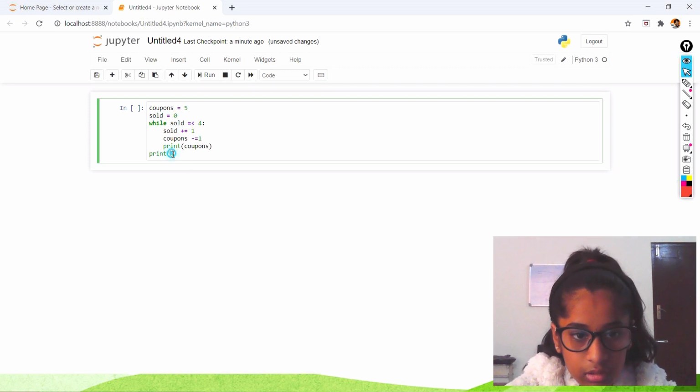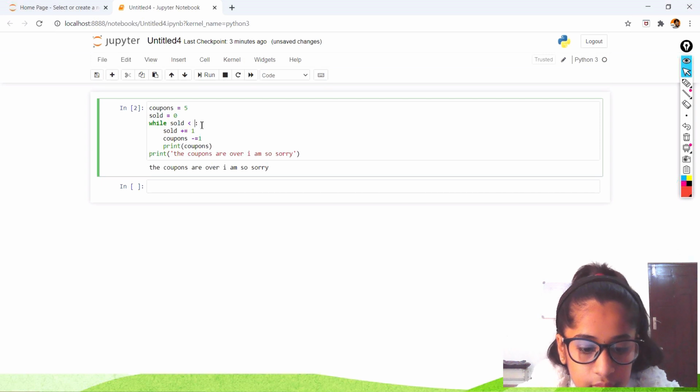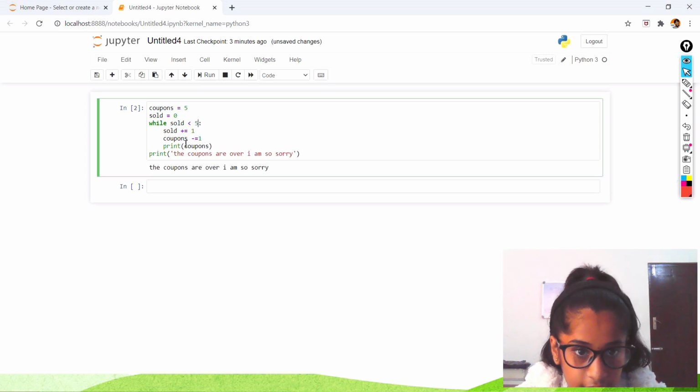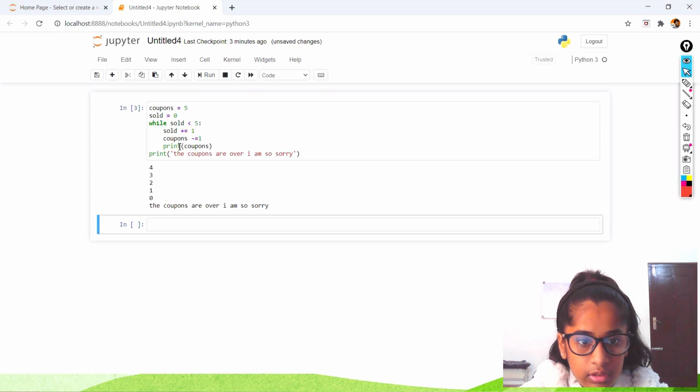And then we're going to print that the coupons are over. Let's make it so that when sold is lesser than 5, we print out coupons 4, 3, 2, 1, 0.